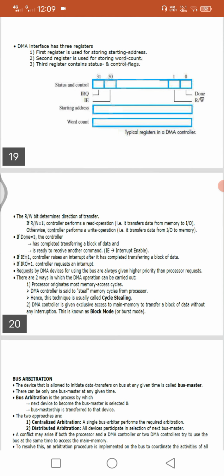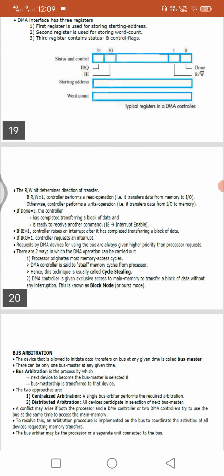So in both directions we can write the data or read the data. If done is equal to 1, the controller has completed transfer of a block of data and it is ready to receive another command.